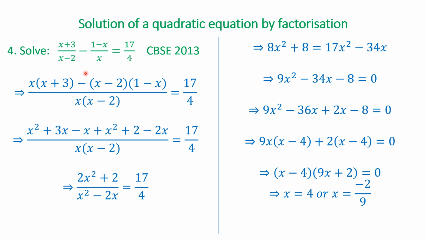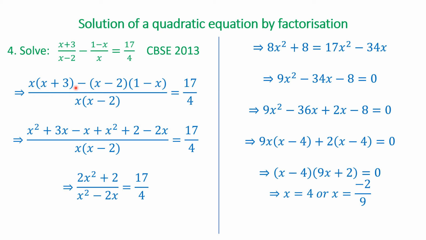Now in this question, (x + 3)/(x - 2) - (1 - x)/x = 17/4. I'll first handle the LHS. So I'm taking the LCM in LHS. So this is going to be x into (x + 3), plus this minus as it is, (x - 2) into (1 - x), divided by my LCM, which is x into (x - 2), is equal to